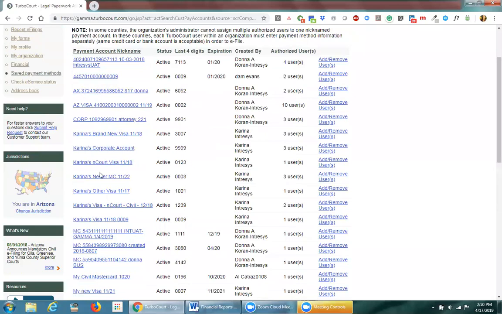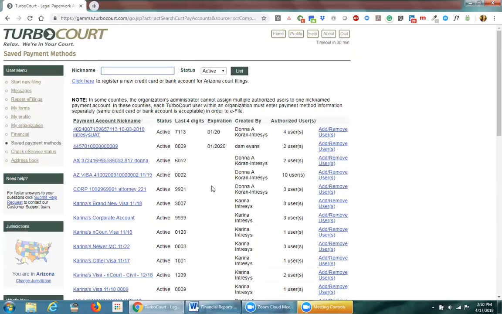So this is showing you all of the different active payment methods, how many users, and then again, Add Remove Users is one of the ways you can manage who has access to these. Now, you may need to manage the saved payment method that you've created. So, for example, here's one. It looks like it's a credit card, a Visa. It's good through 11/19, I see here. I'm going to go ahead and click on it,